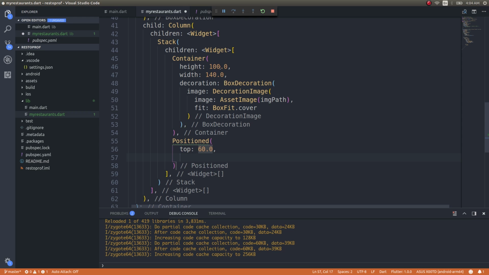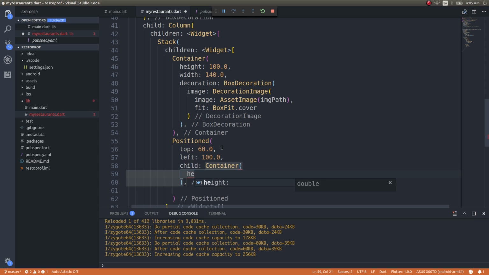If the total height is 100, then I can give 60. Left I'll give some 100 units. Fine. And child will be a container, a smaller container of height some 25 units, width some 25 units,